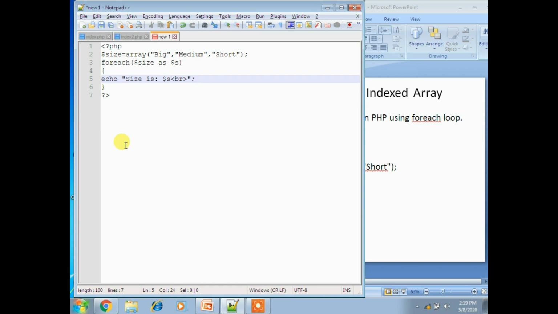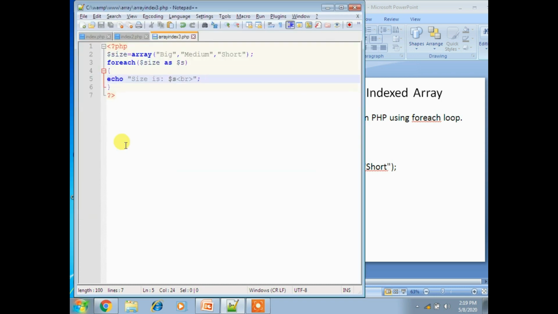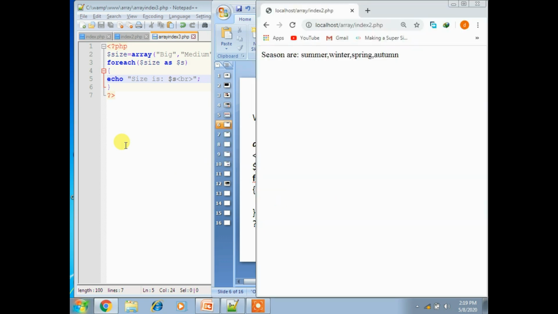multiple times. Now save the program, which is array traverse or array index 3.php. Okay, array index 3.php. Now execute the program, array index 3.php. Now you got an output, right?